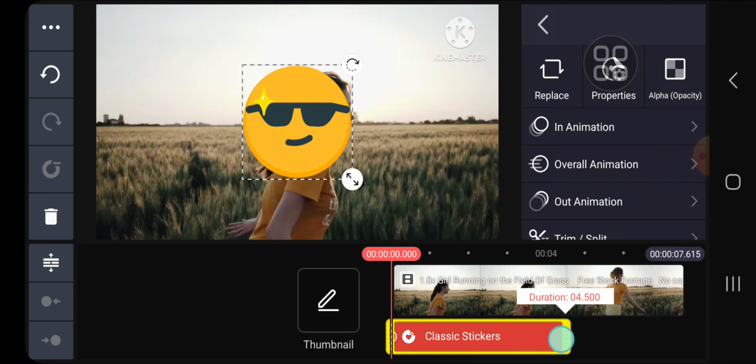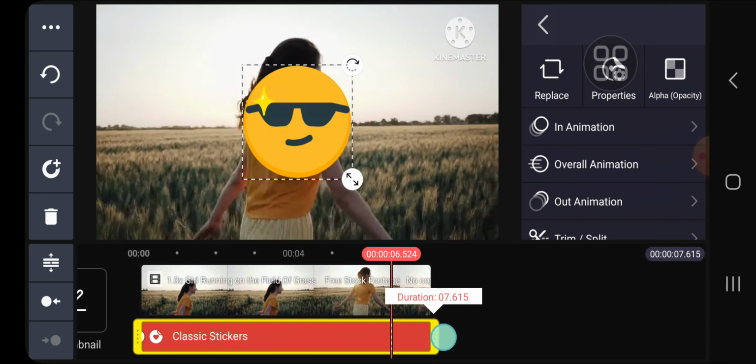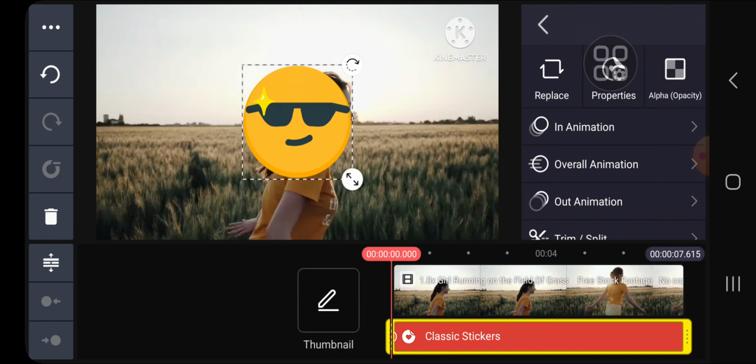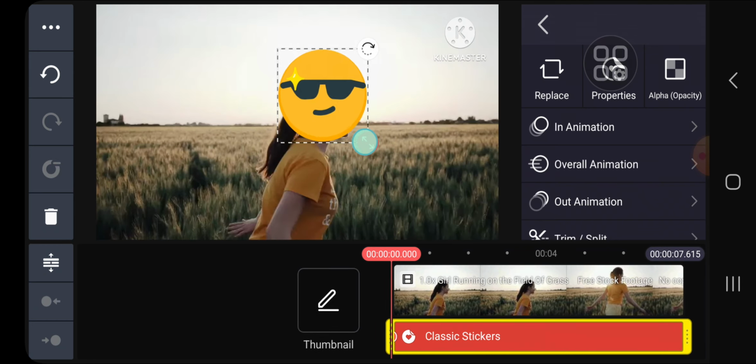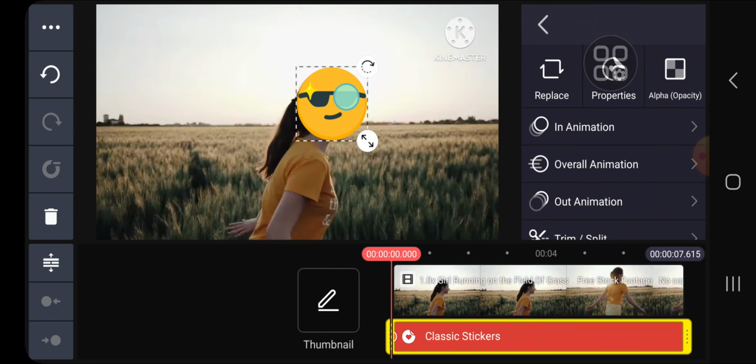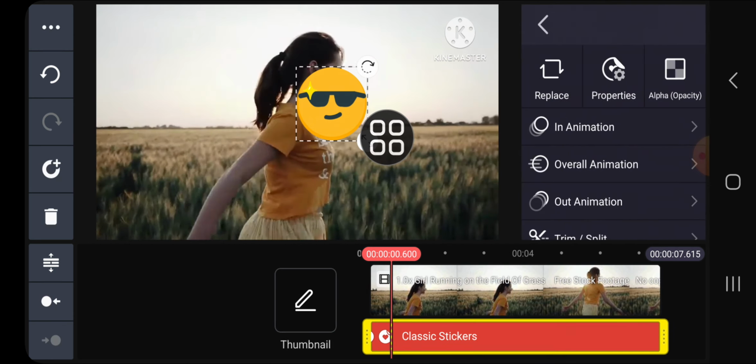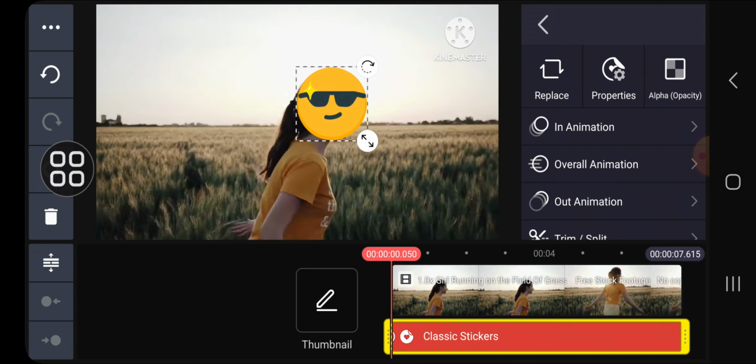Okay, then we can make it align with our video by dragging the sticker. Then you can adjust the size of the sticker like this, and if you want to make the sticker follow the moving object or the moving face, you can apply this feature. This is like a keyframe feature guys. You just need to click on this feature,